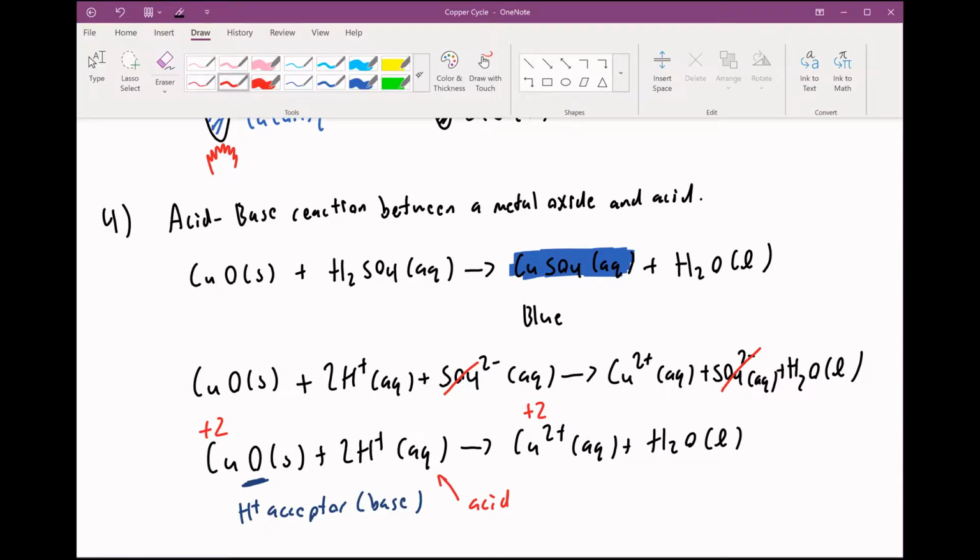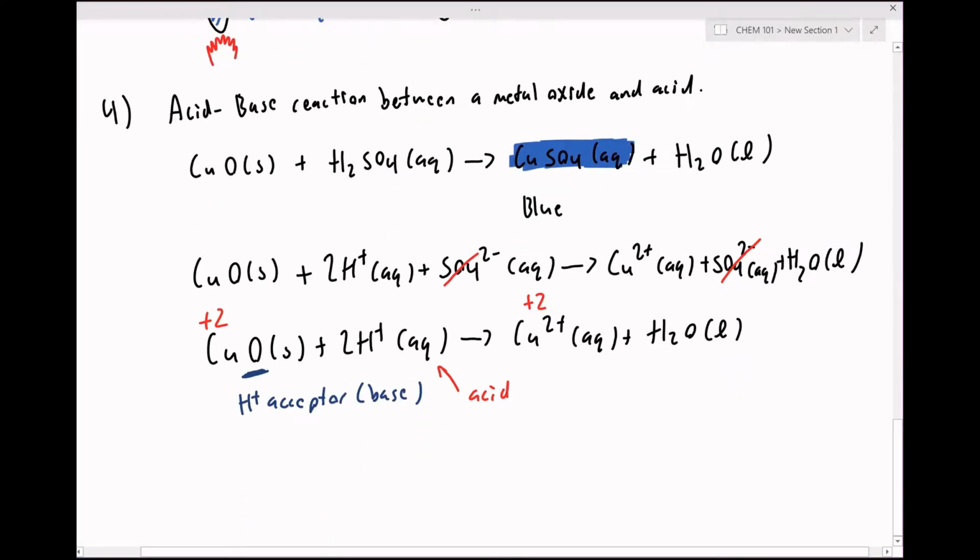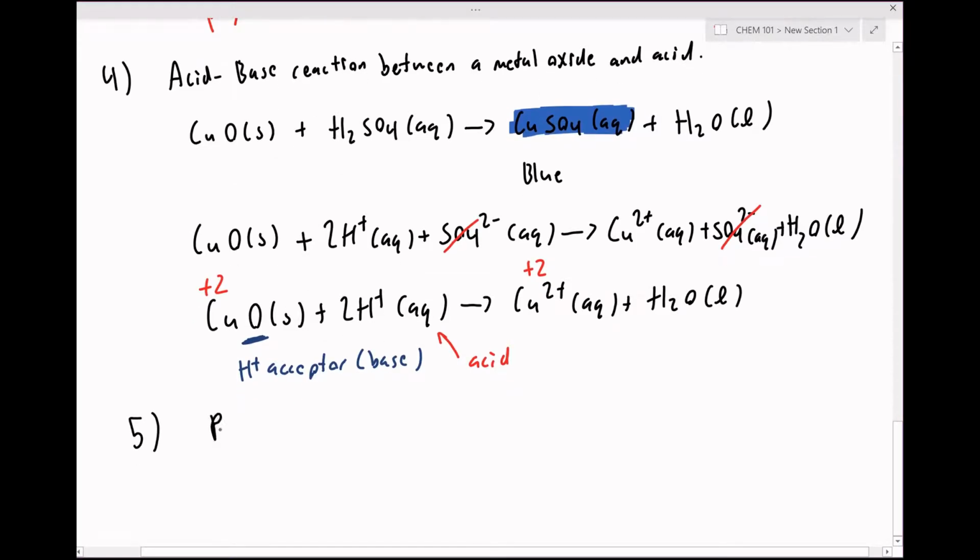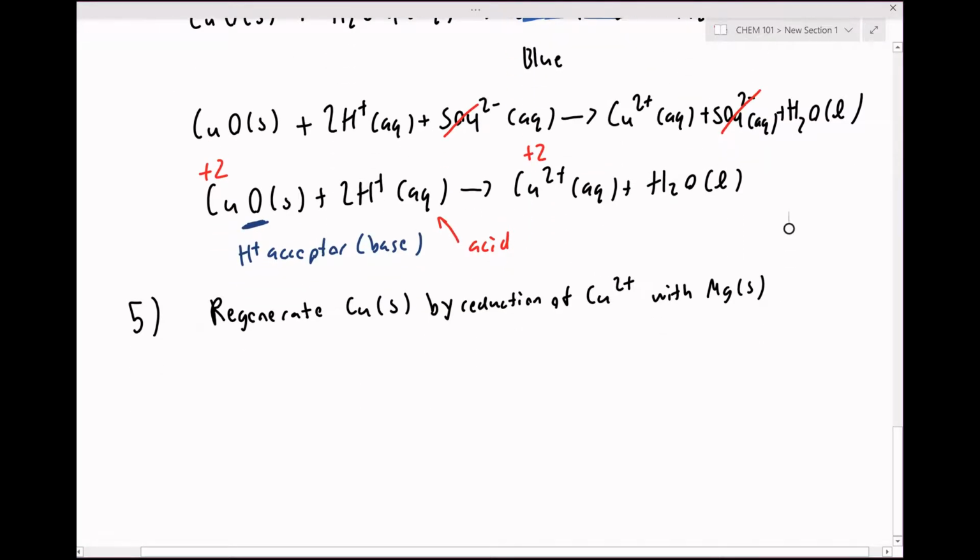But this leads us to our final reaction where we complete this redox cycle, where we regenerate copper solid, copper 0, by reduction of copper 2 plus with magnesium solid. So just as a refresher, if you look at your activity series, there